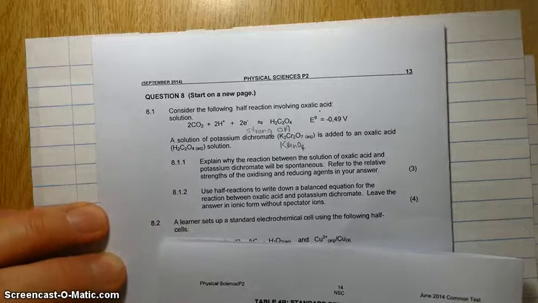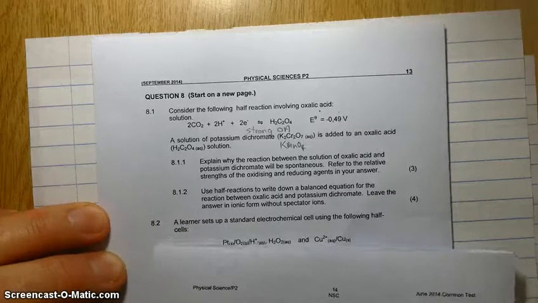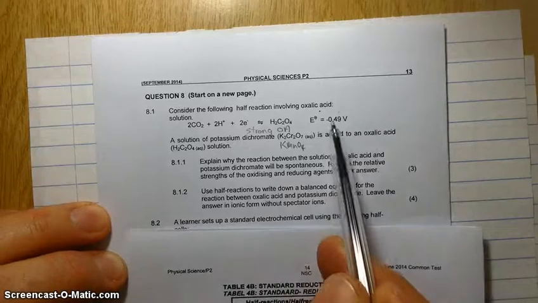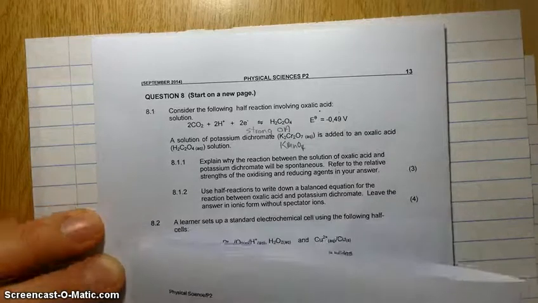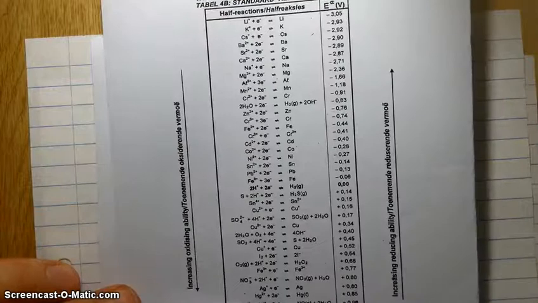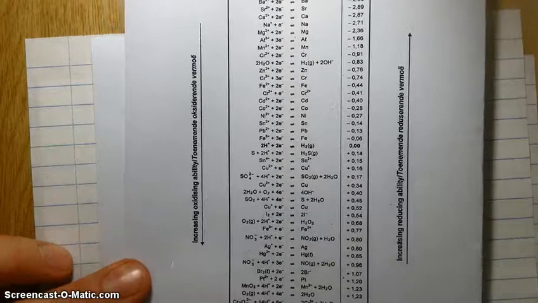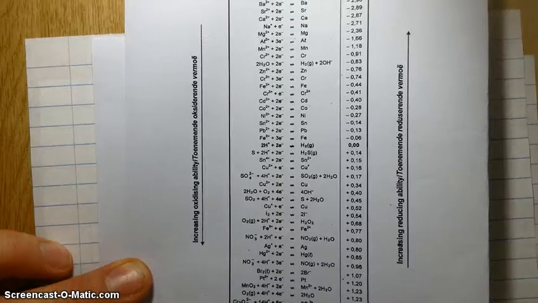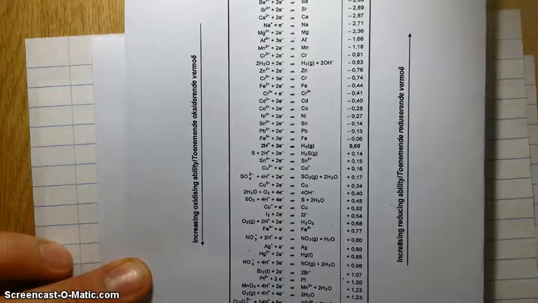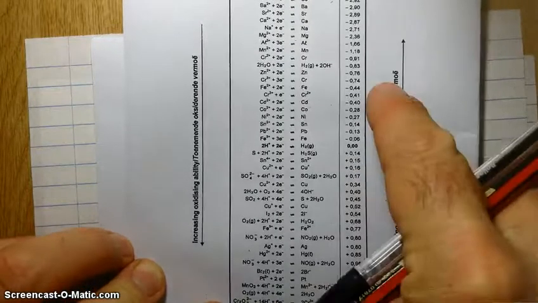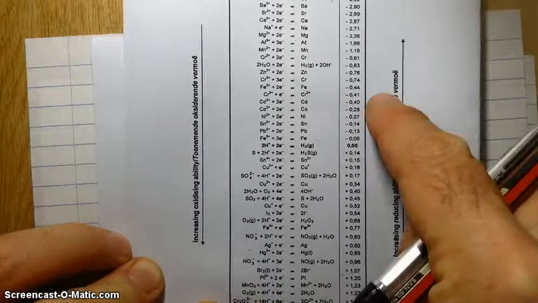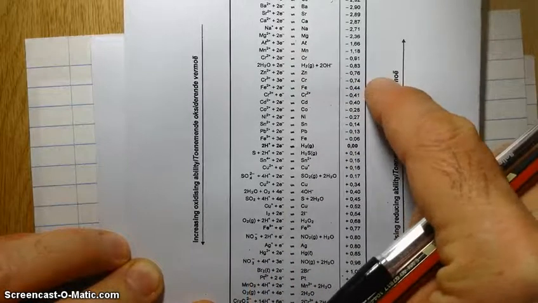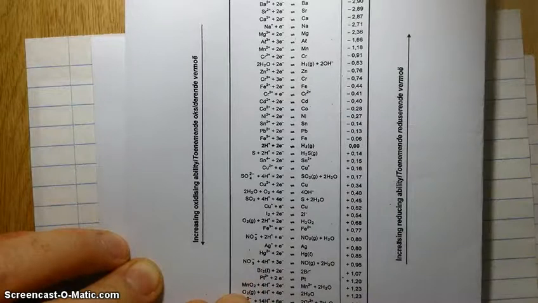Now there's a few things that you can say. First of all, you can say that oxalic acid, the minus 0.49, has a lower E value than the dichromate half reaction, because the dichromate will be found at the bottom of the table because it's a strong oxidizing agent. You can refer to the fact that the dichromate ions are therefore the strongest oxidizing agents, and you need a strong reducing agent to react with it. So you will always look at top right and bottom left, and therefore the dichromate will be reduced